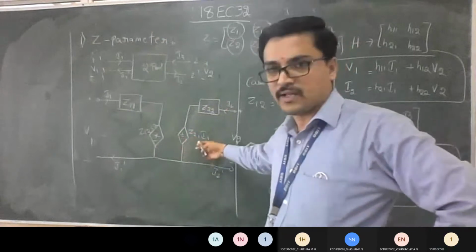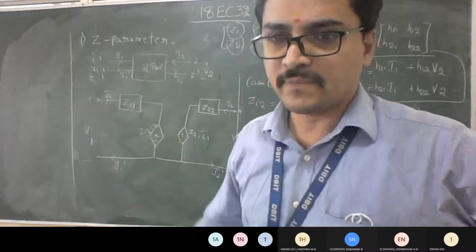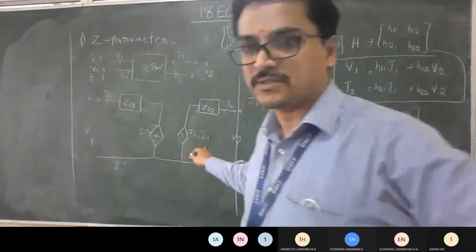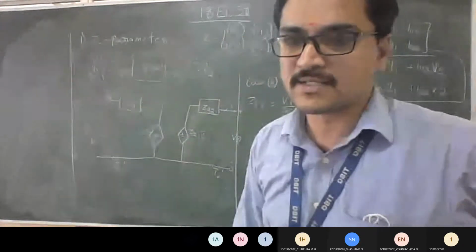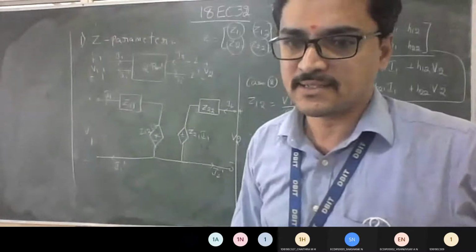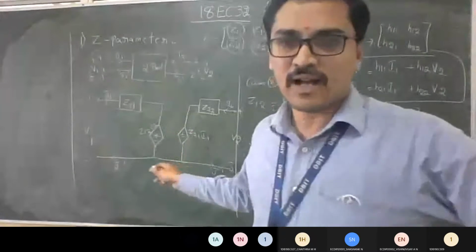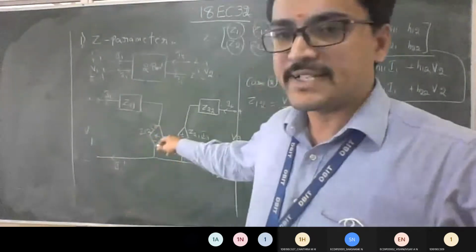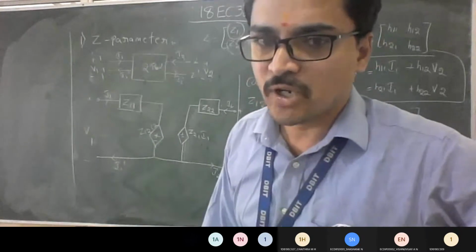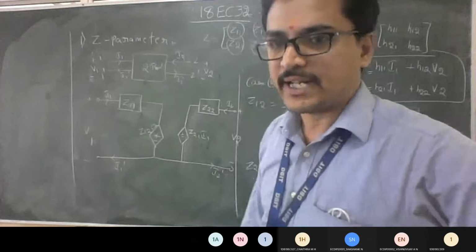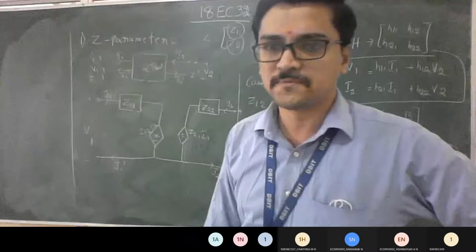So now can you tell me how the equivalent circuit looks for your Y parameter? So Z parameter is called open circuit, correct? Impedance. So your Z parameter is understood. Y parameter is also called short circuit admittance. I'll repeat. Impedance is called open circuit. Admittance is called short circuit. So instead of writing the voltage source, which source will you use now? Current source. Good. Then what will happen for this? Is it series or parallel for the current source?